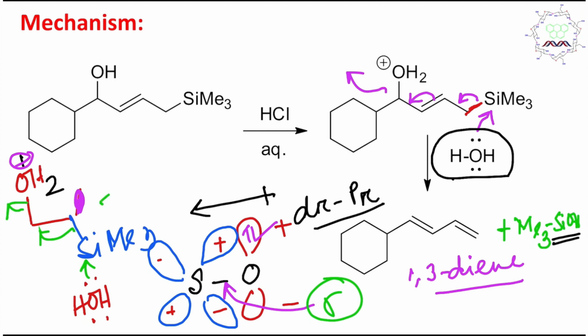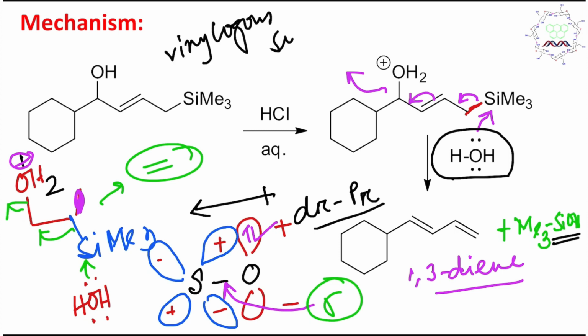Now in this way it will produce an alkene. So this reaction is called Peterson olefination. Now in this molecule there is an additional vinyl group, and that's why this is called vinylogous Peterson olefination or elimination, whatever you say. So this is actually a vinylogous